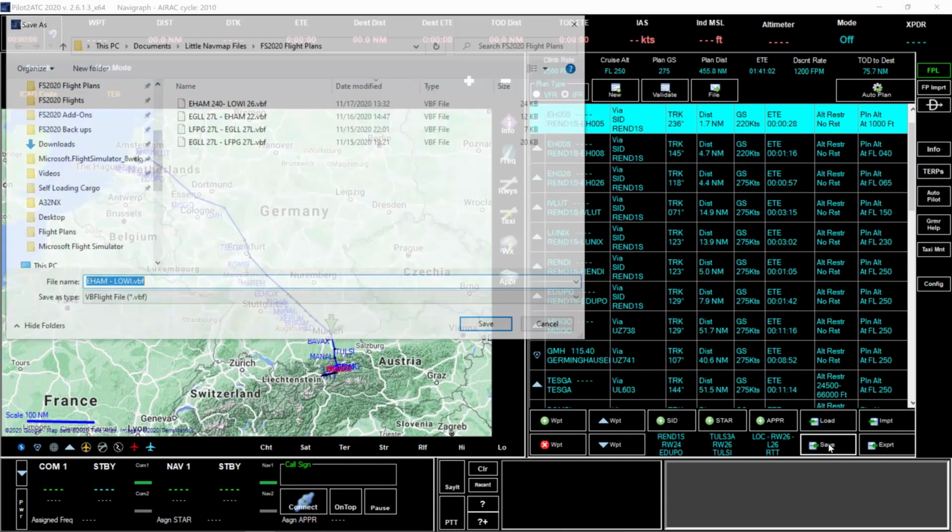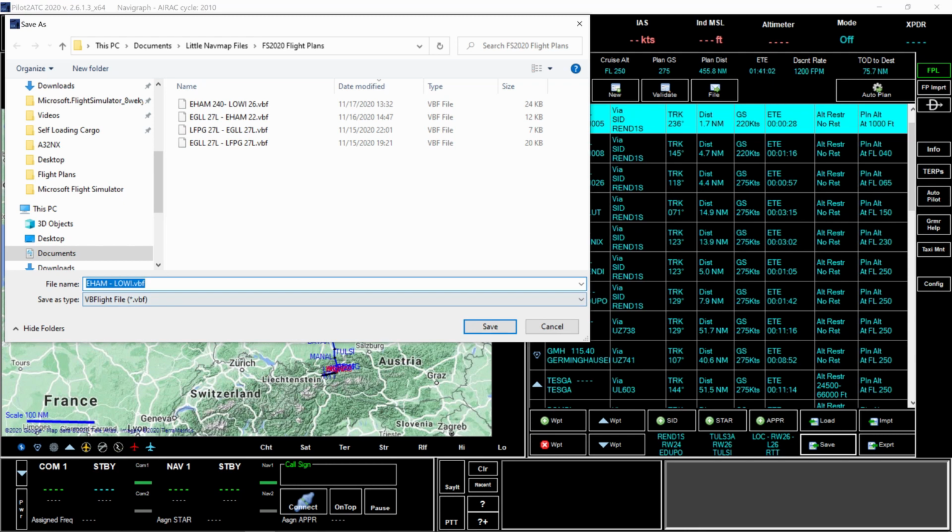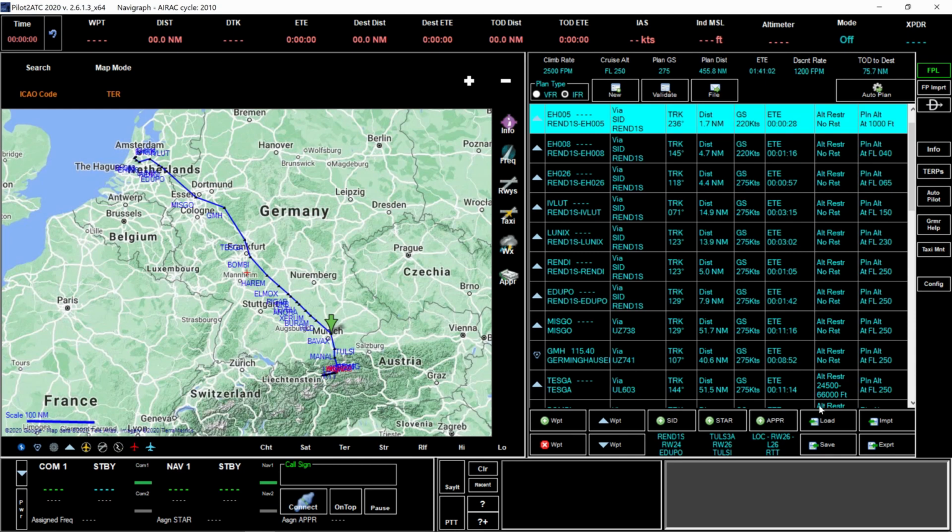You can save that flight plan. So you can go save. Say, well, I already made that flight plan before, so I have it right here, but yeah, you can save it like that if you want. Departure 24, so that you load it in the future, you don't have to mess around with it. That is one thing. Next thing is you want to export it,